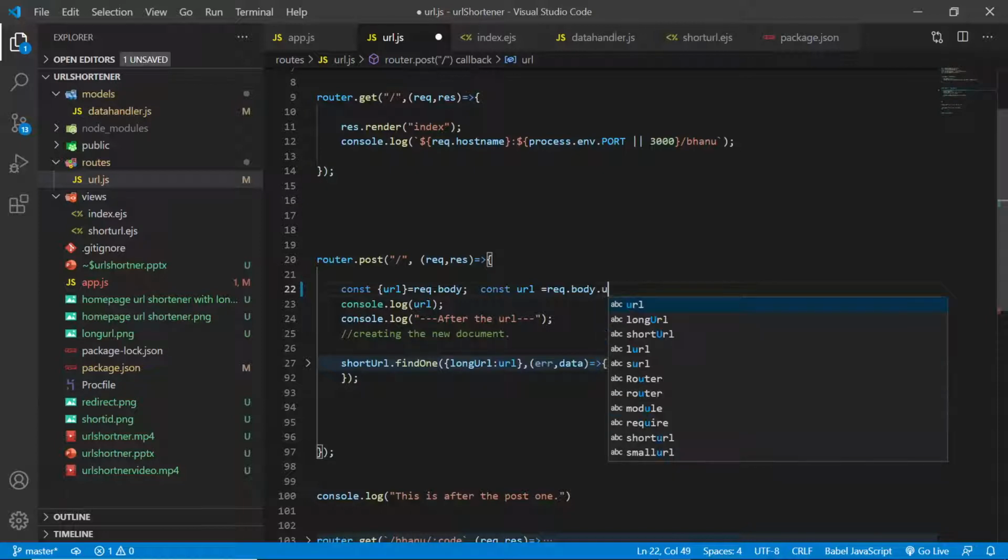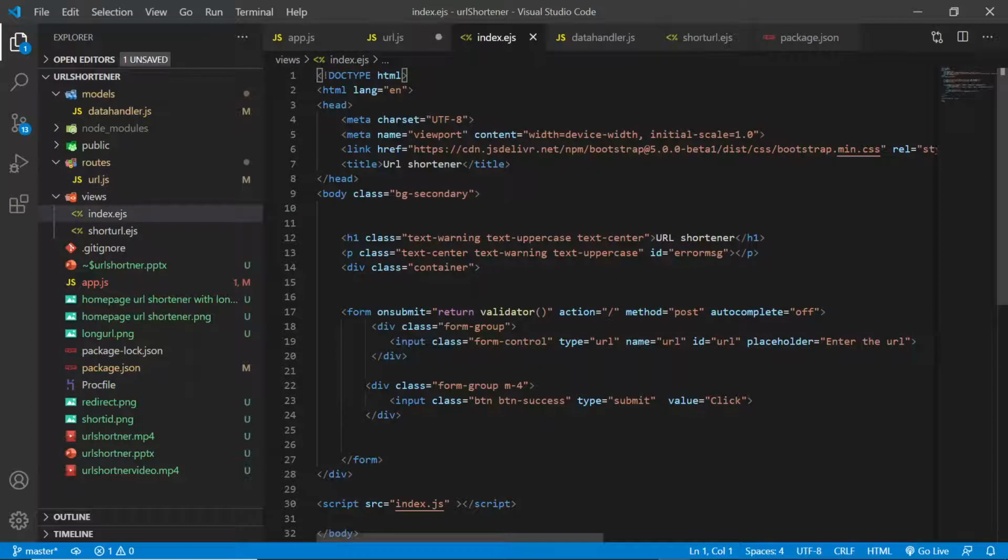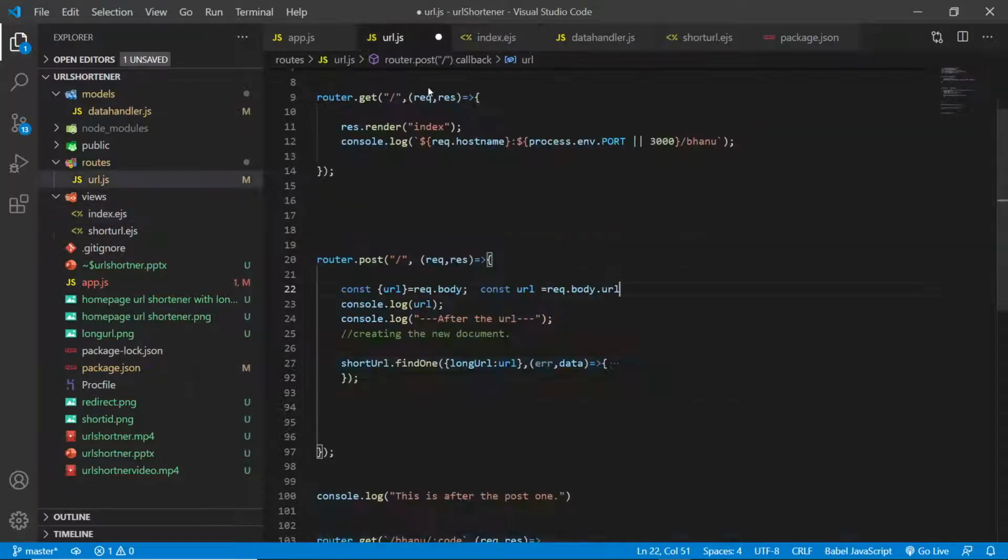It could be anything. You could have given URL, right? Here I think this is the input. The name is URL, right? You could specify it like this. If you understand the object destructuring, no problem.